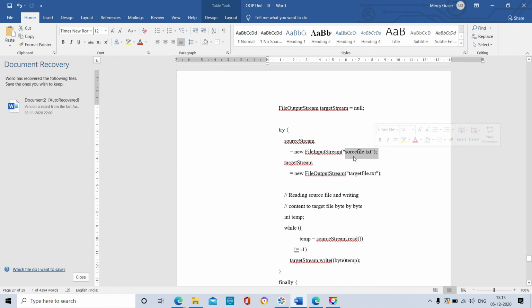So source file .txt should be present in our laptop while compiling and running this application program. This is the text file. Maybe merci.txt means the merci.txt file should be present in this laptop. Then only it will open and read the file while running our Java program. If that particular file is not present in this PC, it will show an error that the file is not present in the laptop.